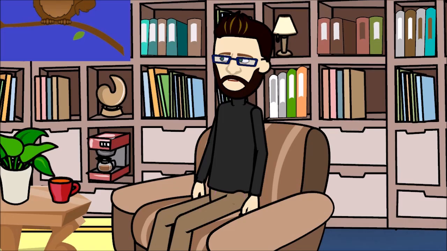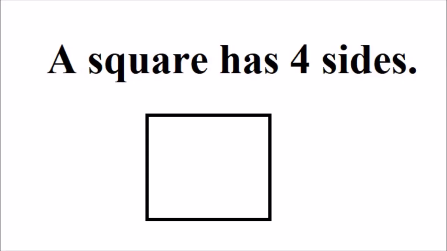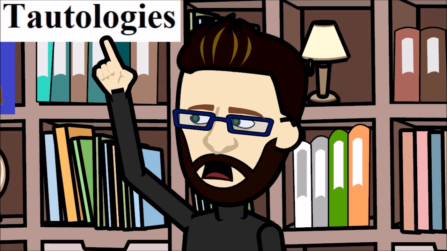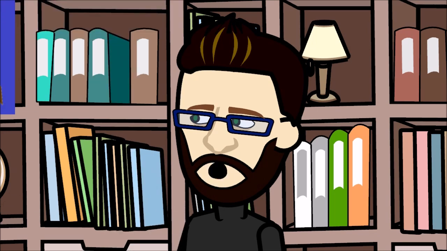I see. Another example would be a square has four sides. Now, to be a square, you need to have four sides. So to say a square has four sides is true by definition. Yes, I understand. You can refer to analytic propositions as tautologies, where you say the same thing twice, just using different words. Essentially, analytic statements do not add any information to a concept or subject.